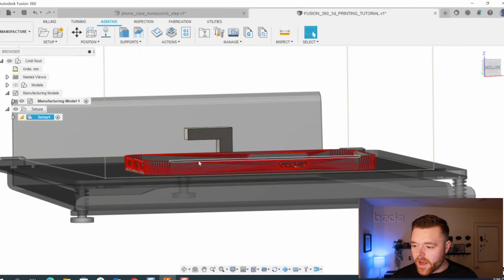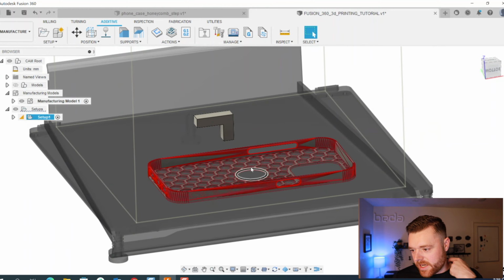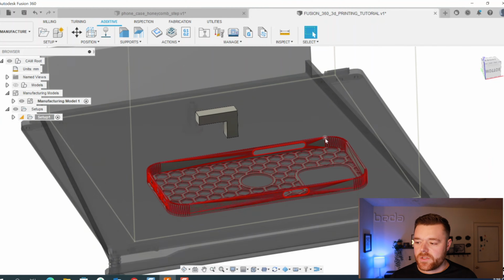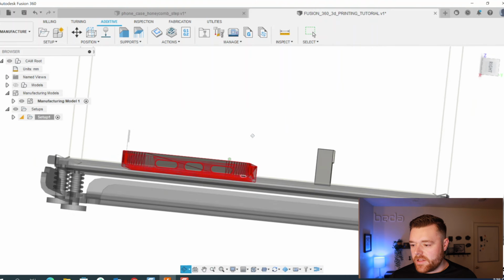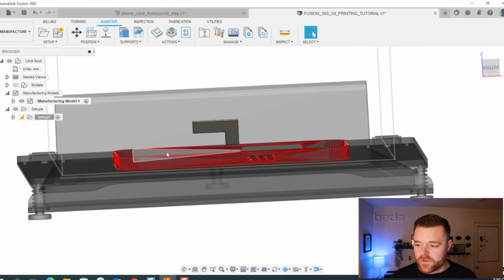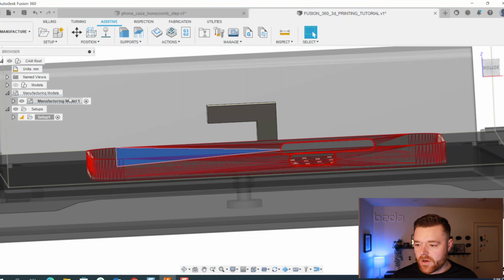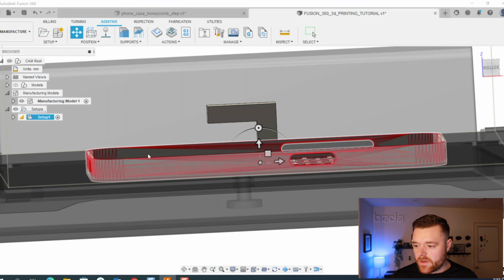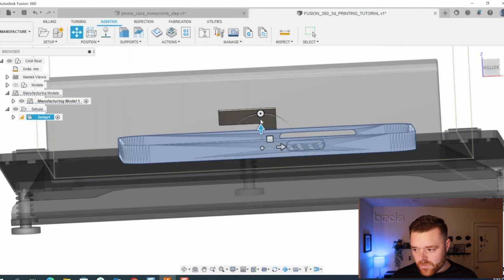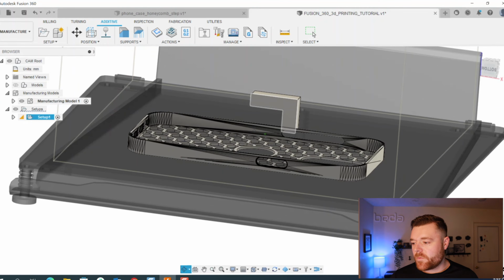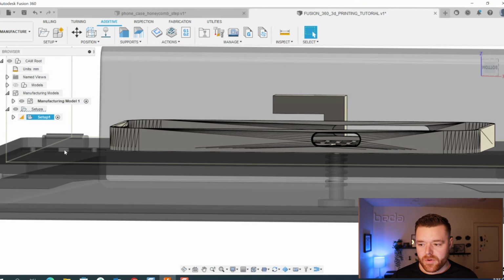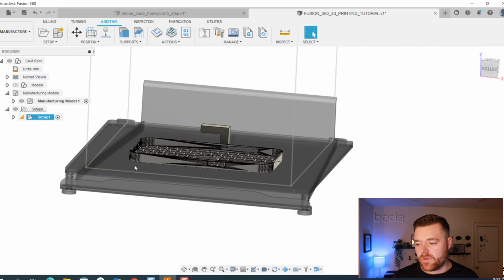Now, what I have been running into, and I think this is worth calling out, is I'll get these random errors within the Fusion 360 workspace when it looks and appears to be in the bounds of the printer bed. And I think how I've resolved this is I just lift it up a little bit, this model. So if we click on this model again and lift it up, it looks okay. So maybe it's not visually recognizable, but I think what's happening is the bottom part of this CAD model is interfering with the bottom part of the printer bed,